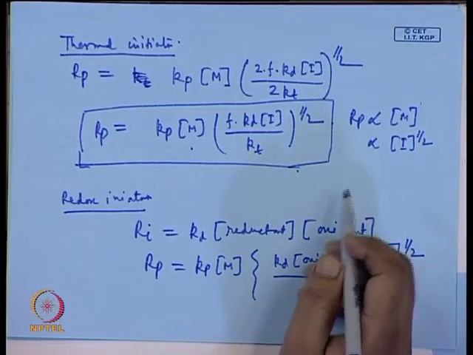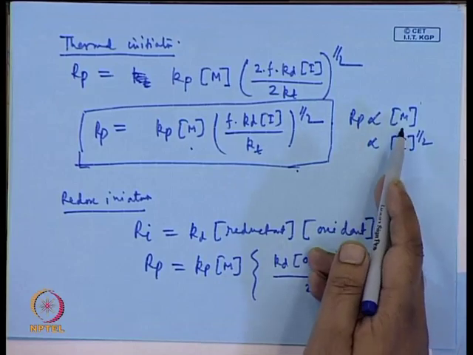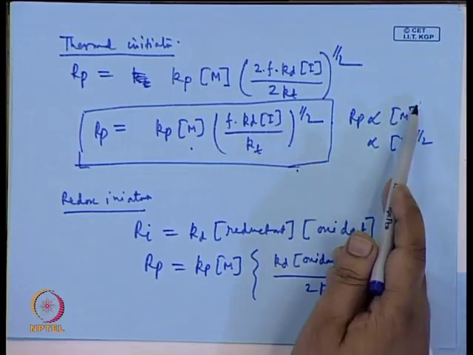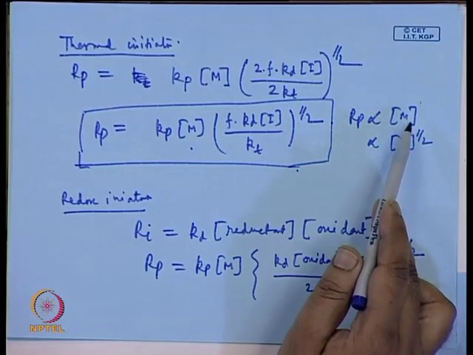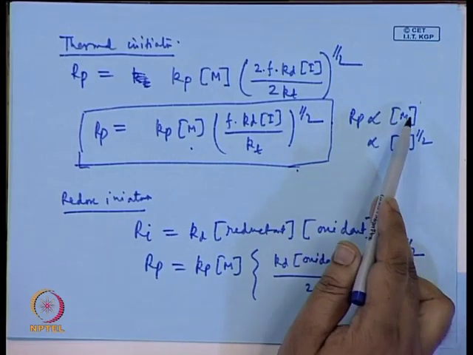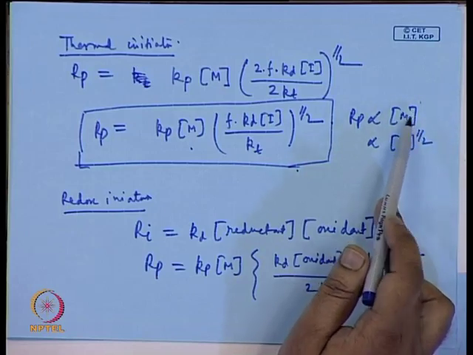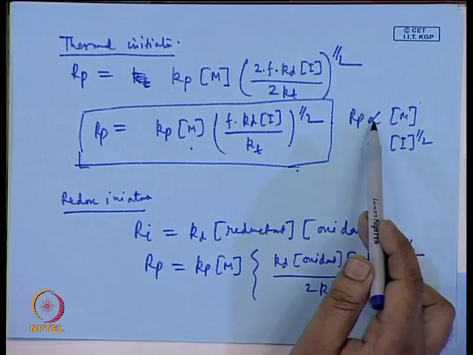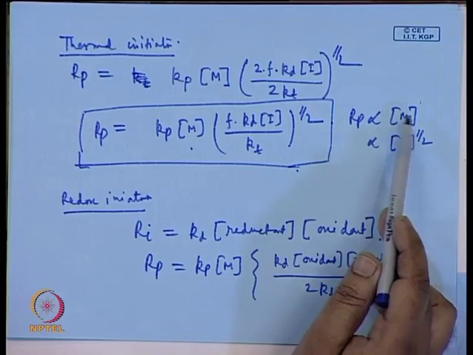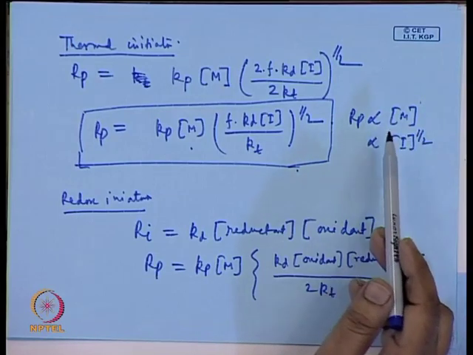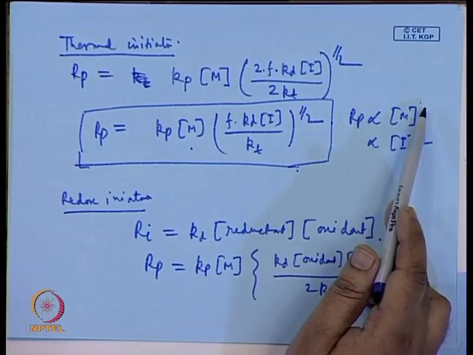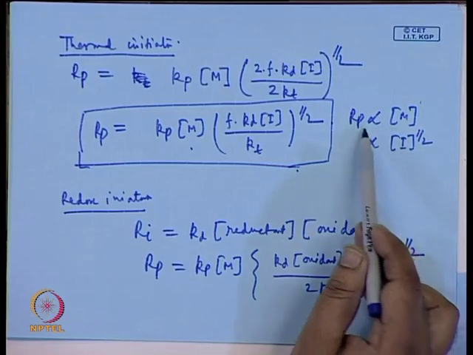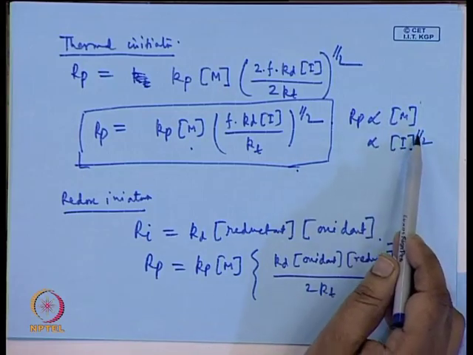generating radicals. In a few cases the monomer can take part in homolytic cleavage and generate a radical, or it can react with some other molecule, initiator molecules, and produce a radical. So, if the monomer itself takes part in the initiation reaction, then another term comes. So, you get an additional half here. So, it basically comes to 1.5. Similarly, if you see that this is actually following even less than that,